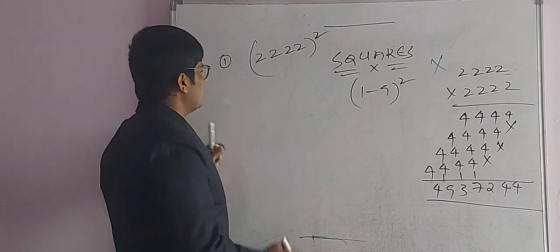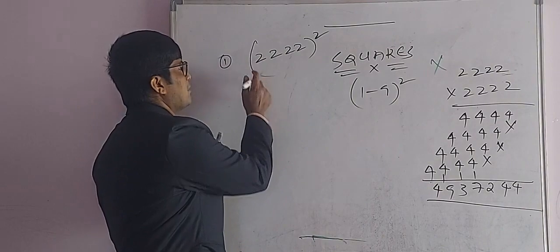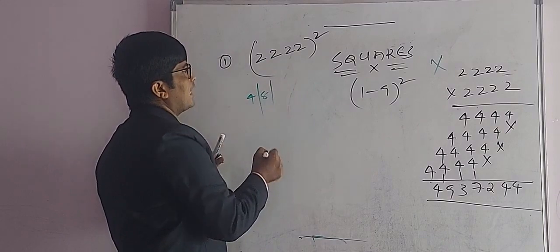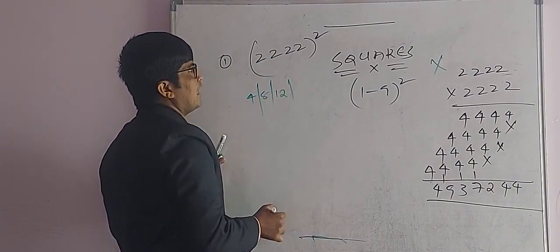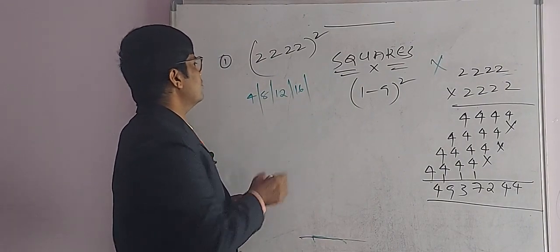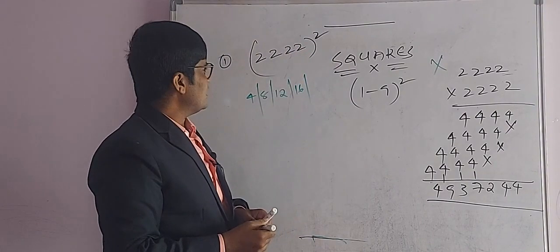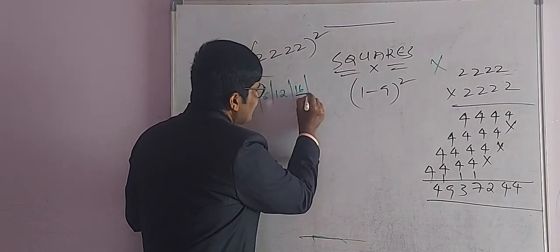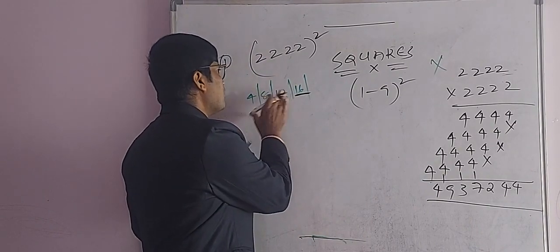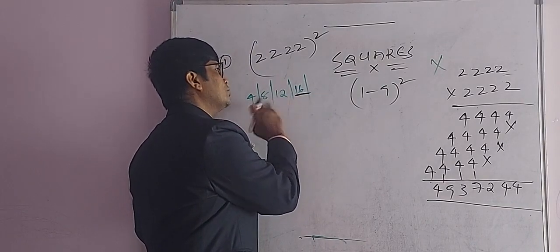So I'm starting to do this problem. Here 4 squared means the first number 4 1s are 4, second number 4 2s are 8, third number 4 3s are 12 and fourth number 4 4s are 16. So I have done the multiplication 4 times. Now observe, this is the last number, and whatever numbers are before the last number, just write them as it is from RHS to LHS.